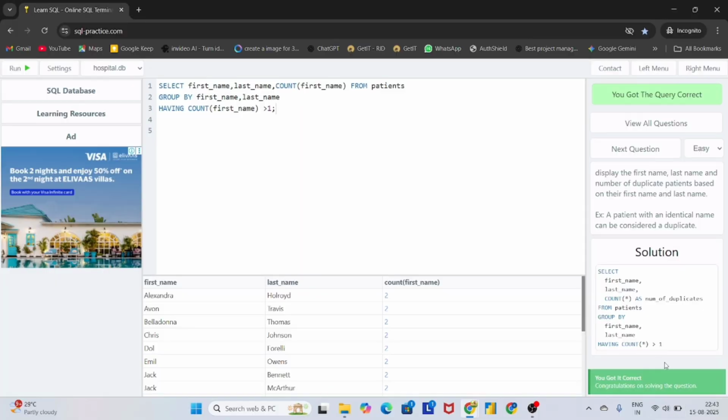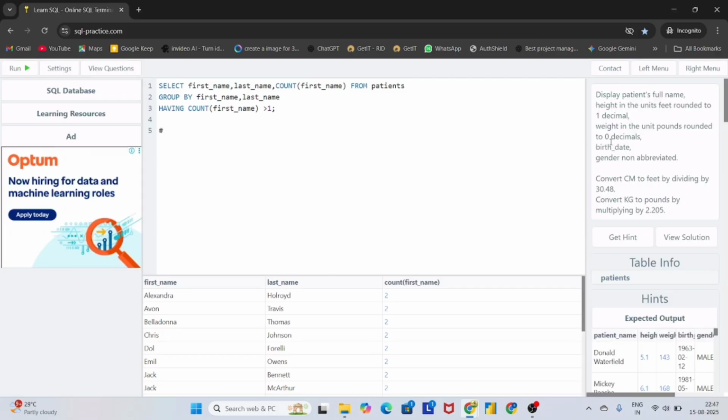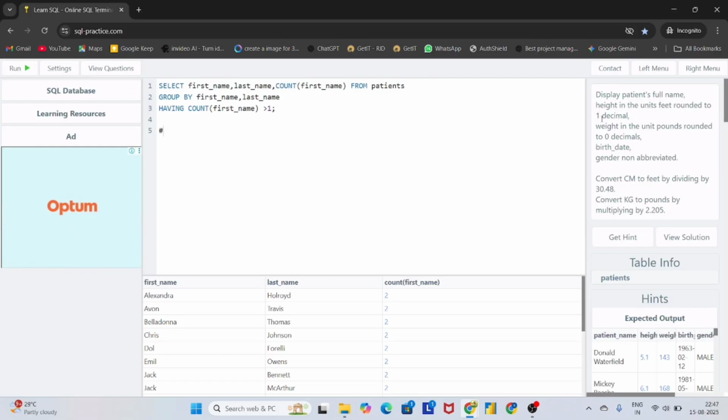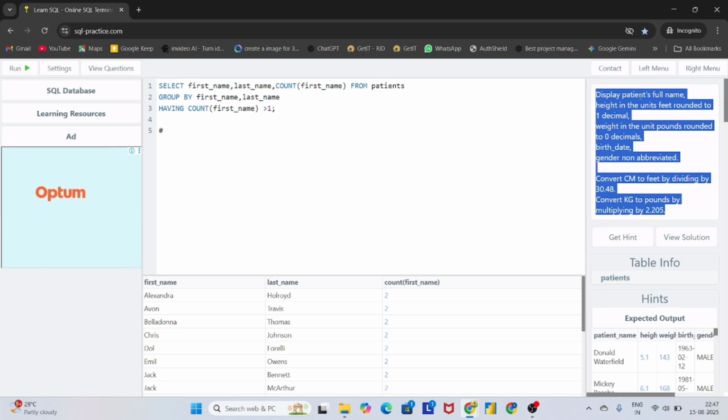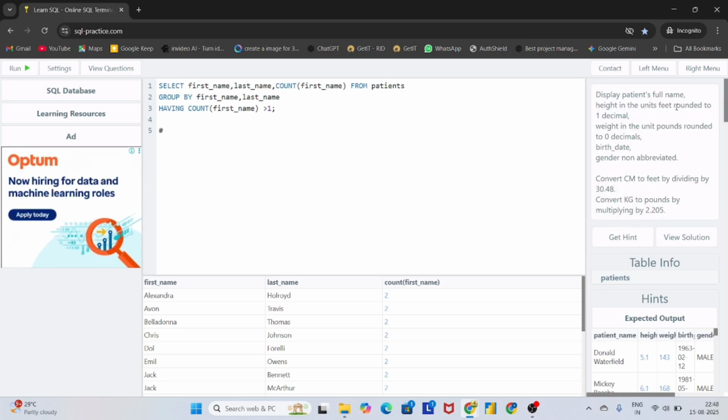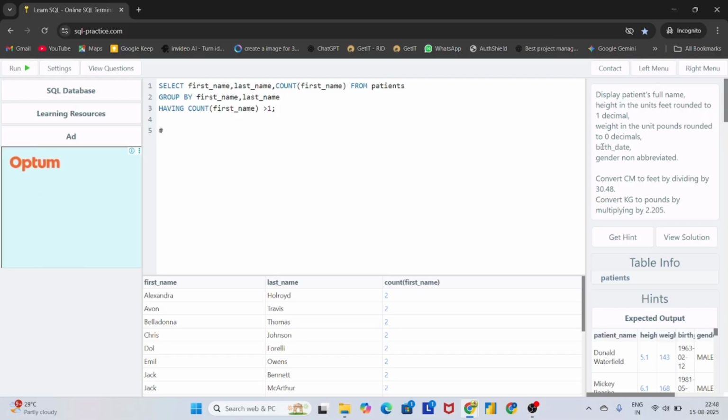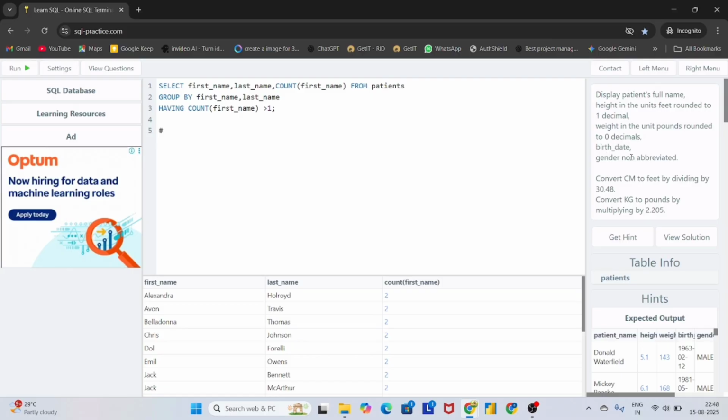You can also see it. Question number 40. It seems a big question, but not a difficult question. The question is saying: display patient full name, height in unit feet rounded to 1 decimal, weight in unit pounds rounded to 0 decimal, birth date as the next column, gender non-abbreviated,